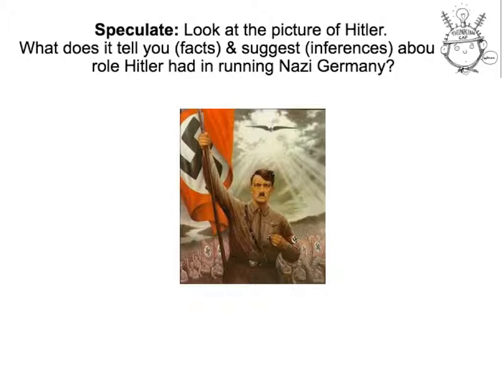Now, in order to be an effective totalitarian dictator, 3 features have to be established. Firstly, you need a dictator who is prepared to dictate. Secondly, you need a police force in order to implement the will of the dictator, a police force that rules through fear. We often refer to this as a police state. Thirdly, you need to control what people see and what people hear. You therefore need to control the media.